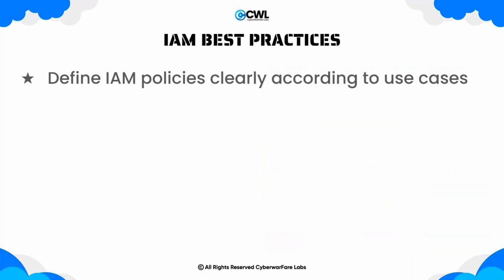Now let's see some of IAM's best practices. The first practice is to define the policies very clearly and according to the use cases. If I do not need to access something, or if I do not have the requirement to access some of the resources, I should not be able to. Why should I? This is why we should define IAM policies very clearly, and they should be mapped to